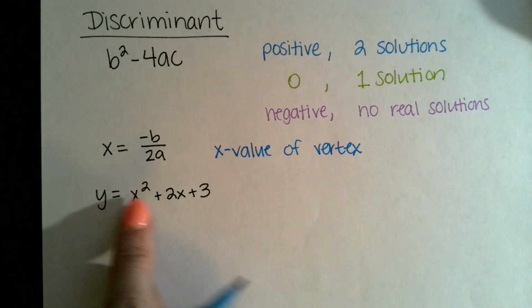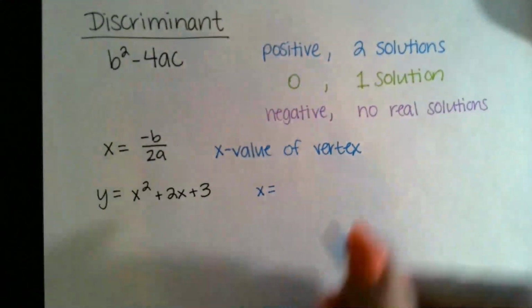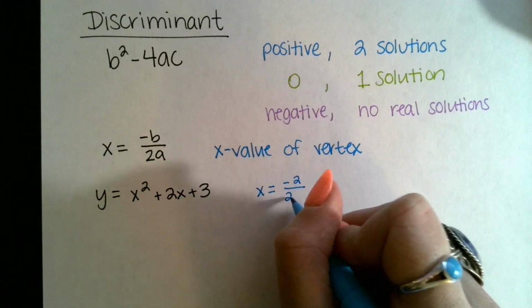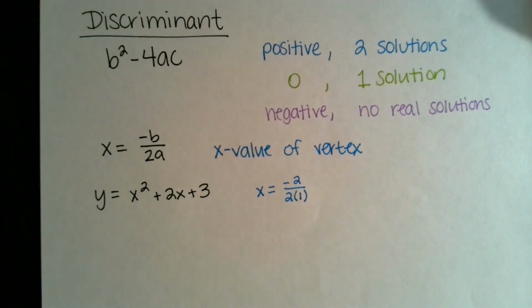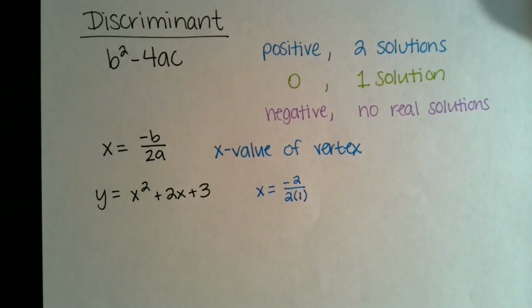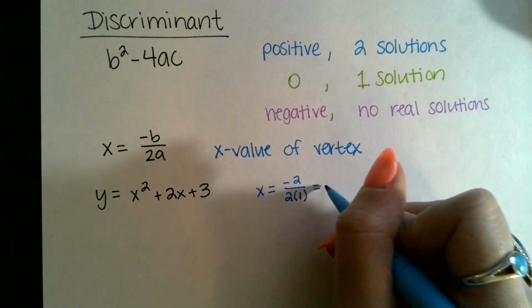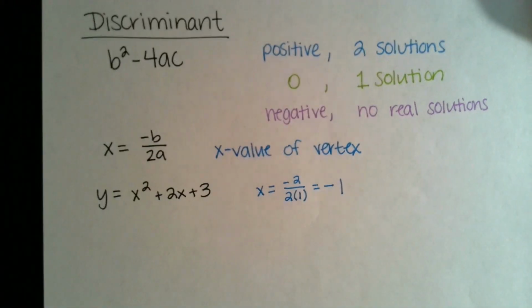So a is 1, b is 2, c is 3. Our x value is the opposite of b over 2 times a. b is positive 2, so the opposite of b is negative 2. Negative 2 divided by 2